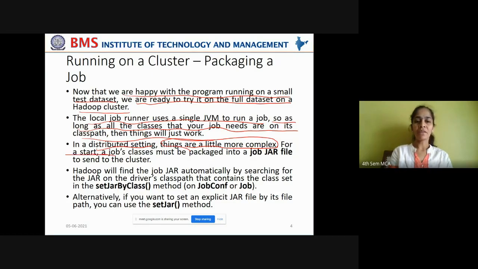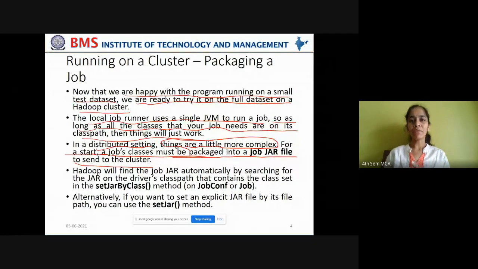For a start, a job's classes must be packaged into a job jar file to send to the cluster, right? What classes do you have in a job? You have the mapper class, the reducer class, and the MaxTemperature class, which packs the entire job.